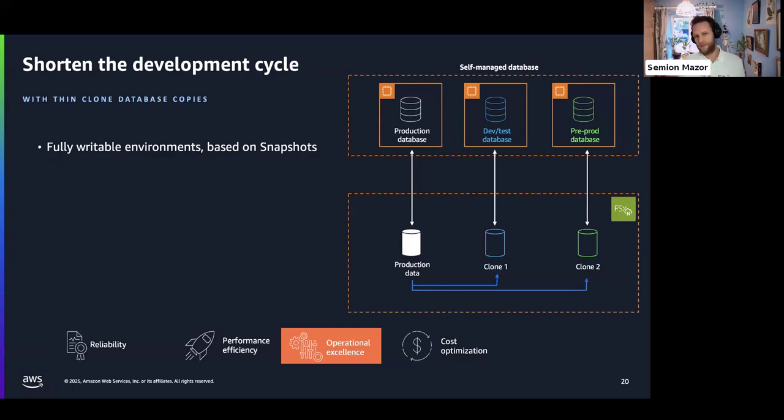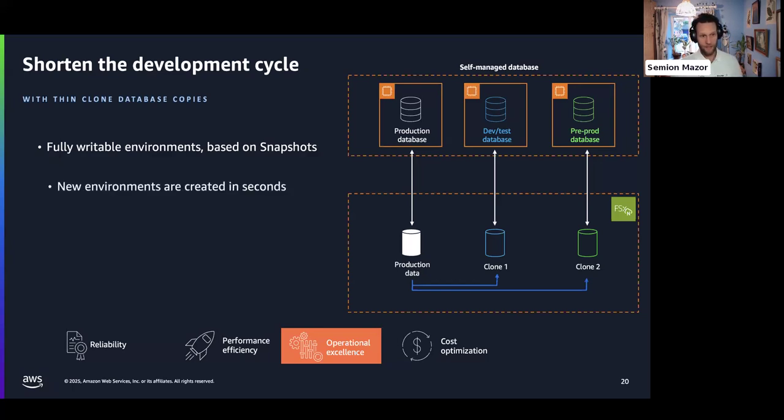So from the database perspective, it gets a full writable copy of the data. For him, it's another full copy of the data, which he can write to. But from the storage perspective, there's no data movement involved in that, meaning no additional capacity and therefore no additional cost, and they spin up instantly. The only capacity starts to accumulate when there is writing from the database to the environment. So only the changes start to accumulate